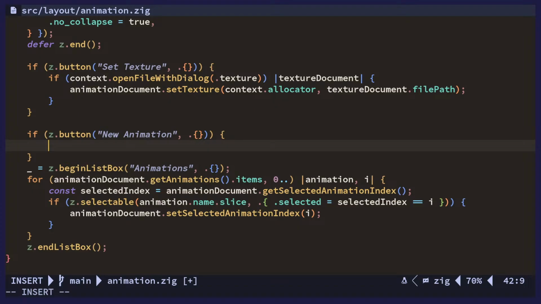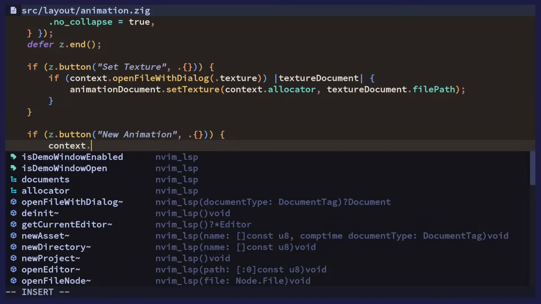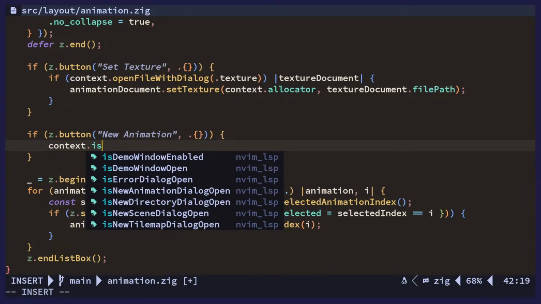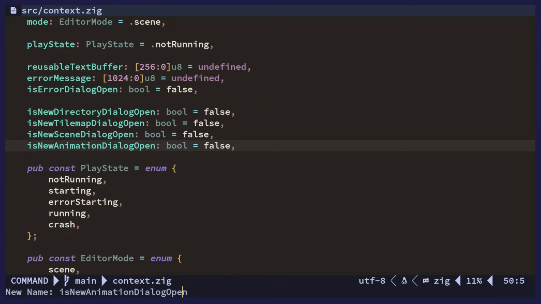So if we do this, one thing that we want to do is use the reusable text box thing for this. So we could say context is whatever, open new animation. Well, this is kind of like new animation or animations. This should actually be called animation document maybe,